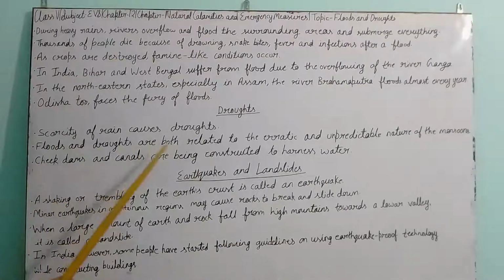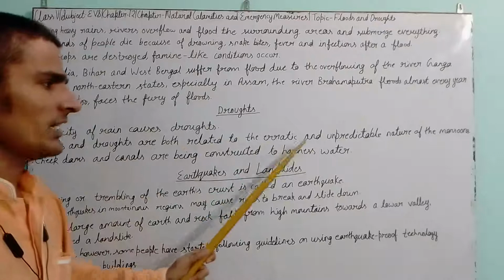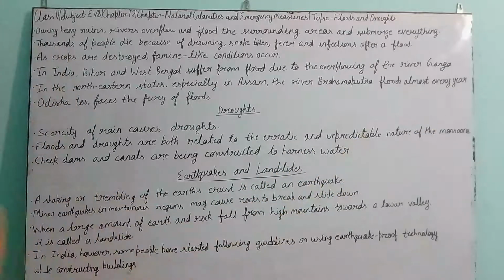Floods and droughts are both related to the erratic and unpredictable nature of the monsoons. These are the two conditions that especially depend on the monsoon, and both are unpredictable. Nobody can say when the droughts will come, and nobody can say when the floods will come. It totally depends on nature, so nobody can identify it beforehand. We can only expect by the forecast or by other technologies, but nobody is sure when it will